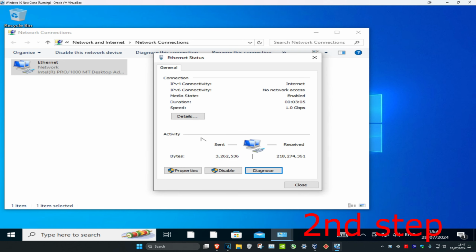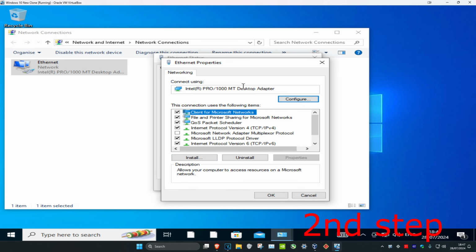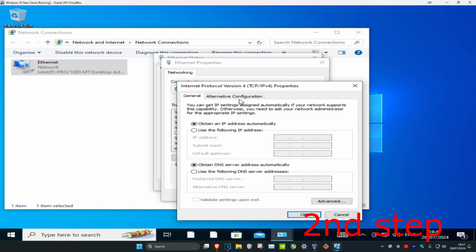And now for the second step, you want to click on properties and then click on Internet Protocol version 4. Make sure that use the following DNS server address has been selected. You're going to make the first line 8.8.8.8 and you're going to make the second line 8.8.4.4 and then click